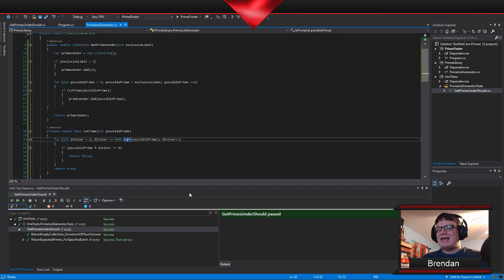We don't need to check any numbers that have any other factors. So what that means is we only need to try to divide by prime numbers. So for 97, we only need to check 2, 3, 5, and 7.